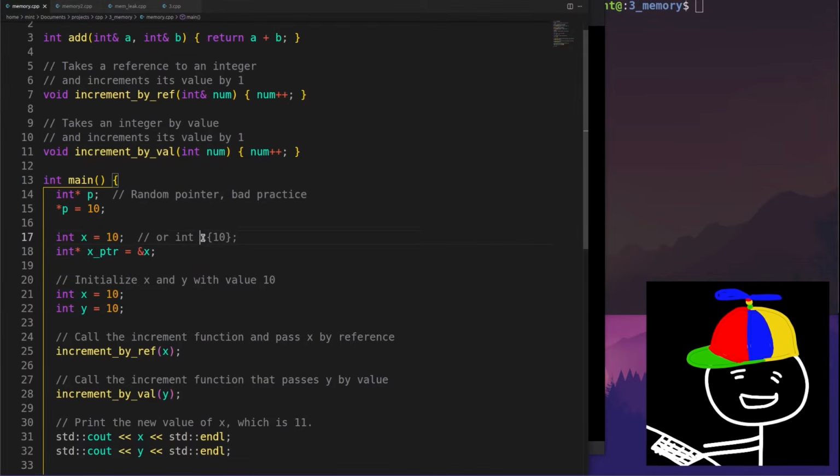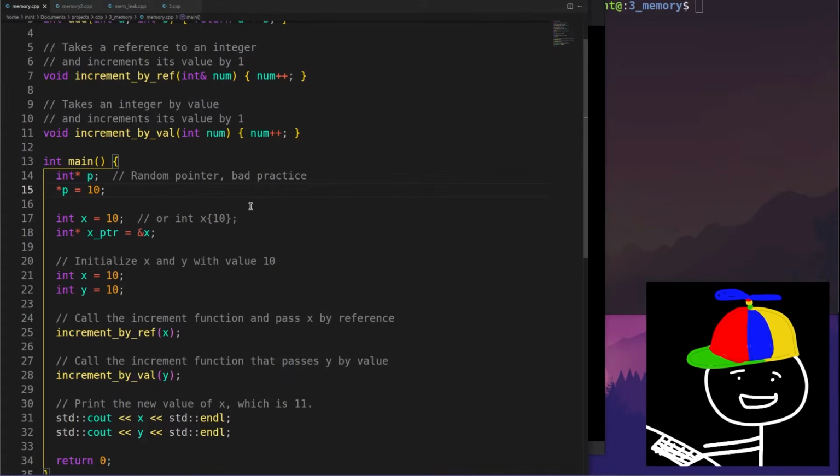I also saw that there's a newer way of initializing variables, which is this x with bracket notation, which I think is used in modern C++ and is actually recommended. So instead of using x equals 10, you can use the name of the variable and this bracket notation to set the value of that variable. I might be using that in the future, since I think it's recommended for modern C++. But anyway, once you have declared and initialized your variable, you can grab the pointer with this notation. So I wanted to clear that up from last time.